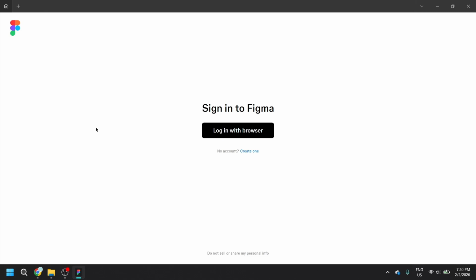In today's video, I'm going to teach you how to update Figma desktop app. Keeping your design software up to date is crucial for any designer, and Figma is no exception. Regularly updating your Figma desktop application ensures you have access to the latest features, performance improvements, bug fixes, and security